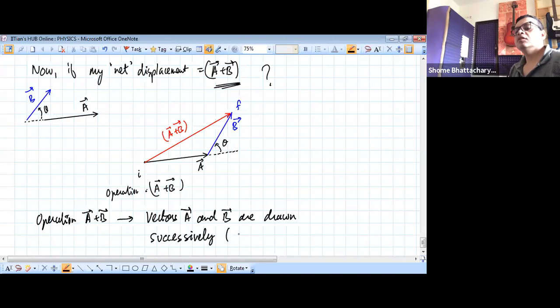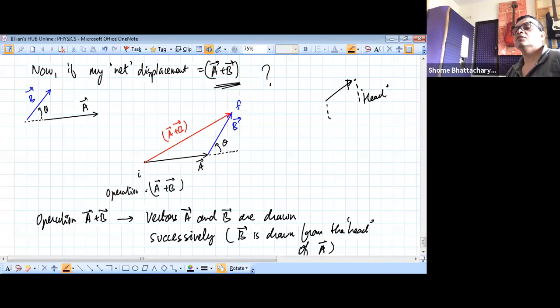That means B is drawn from the head of A. So for any vector, this point here is called the head, and this point here is called the tail. Sometimes we use these terms, head and tail of a vector. The head is sometimes also called the arrowhead. Okay. So B is drawn from the head of A